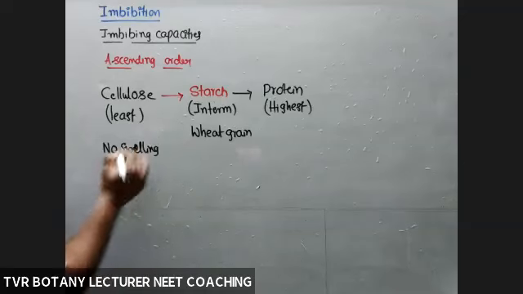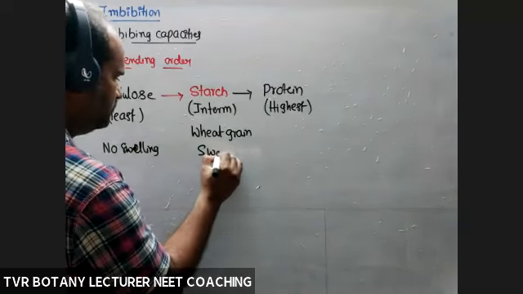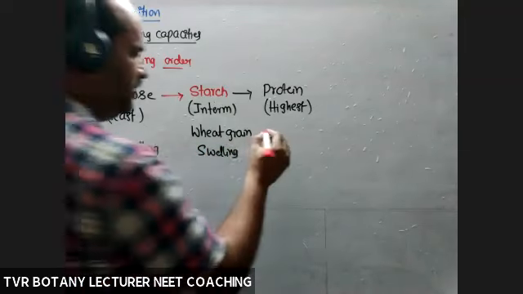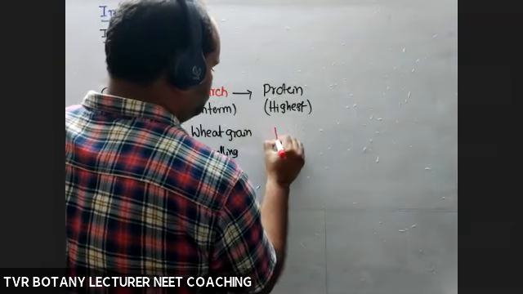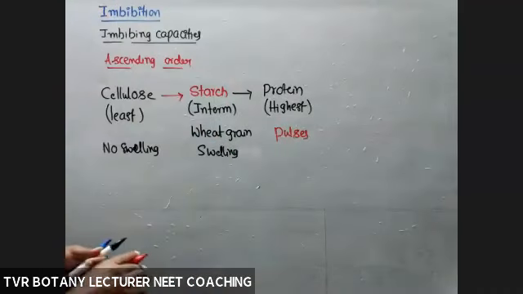Or a little bit of tone, negligible swelling. Yes, swelling is present. Swelling means increase in the size. But what about Fabaceae, protein, pulses? Pulses means rich in protein. That is Bengal gram,